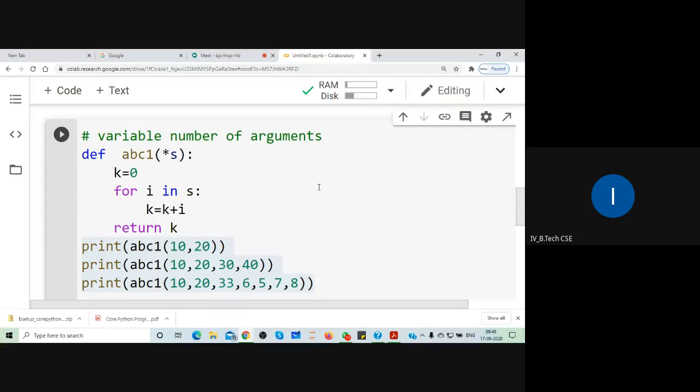Next, one more excellent facility is there. I want to have in the function that the name of the variable as well as the value of the variable both must be captured within the function. So here, whatever we are passing, it only takes values and processes on the values, but we don't know what is the name of the variable. So in Python there is a facility where you can store the name as well as the value also. That is called